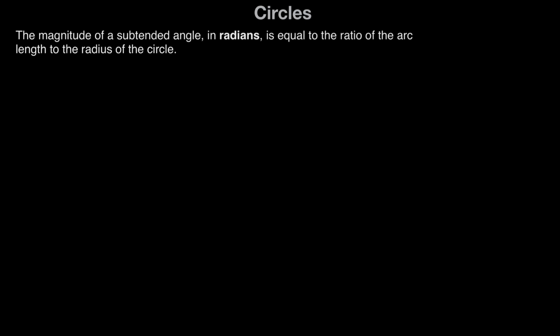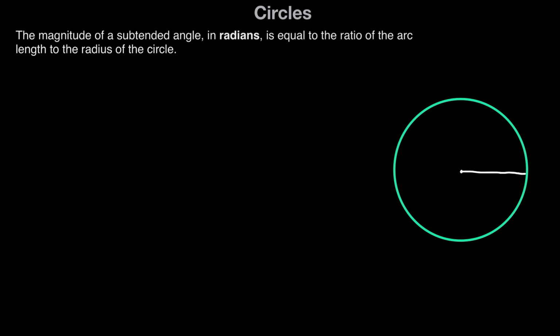So to understand this visually, let's take a look at a circle. Here we have a circle. We know the distance from the center of the circle to the outer perimeter is the radius r. And if I was to make a sector of this circle,